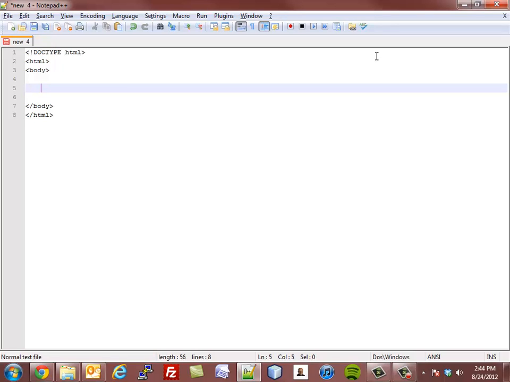So let's go ahead and type in our first type of heading. I'm going to say H1, so an open H1 tag, and then I'm just going to type in a little heading that says, this is an H1 sized heading. And don't forget to close out your heading. And I'm going to go ahead and save this file